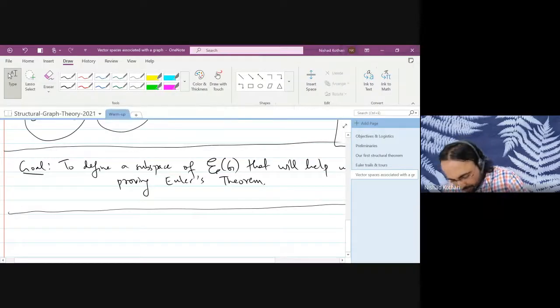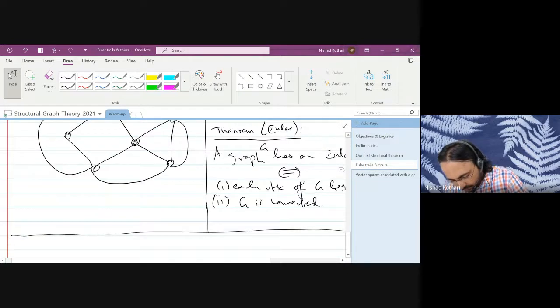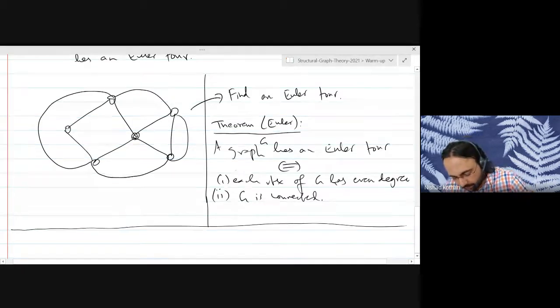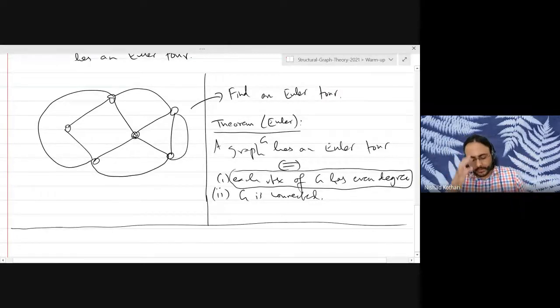Okay. So let's go back to our previous page for a quick second. Right. So what is Euler's theorem telling us? It's saying that the graph is connected and each vertex has even degree. So let's forget the connected part right now. It's not easy from an algebraic point of view, at least what we are going to look at. Connectivity is not going to be that easy to understand. Let's focus on the first condition, which is actually the more important condition: each vertex has even degree. Okay? So let us consider all the subgraphs of a graph in which each vertex has even degree.